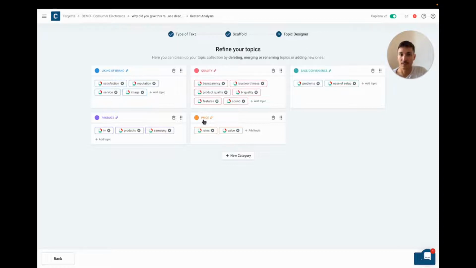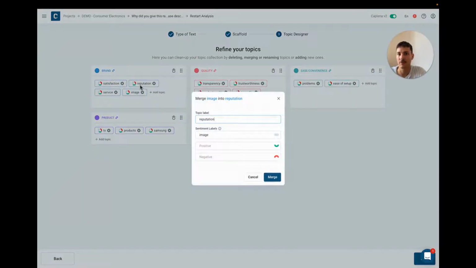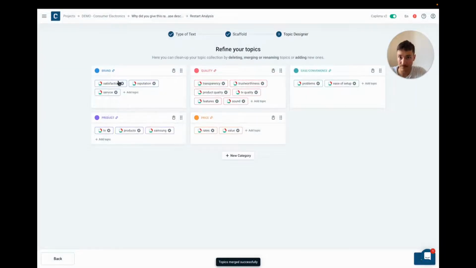So from this, I can go ahead and adjust the wording, rearrange, modify, merge, etc. So I'm just going to do a few edits here. It's not required, but it obviously helps with the understanding of the analysis later if the wording is such as you would do it. So for example here, instead of liking of brand, I will just call it brand. I will, for example, merge image and reputation. For me, this is the same thing. Let's merge them. Here maybe service, we could add it in a new category,